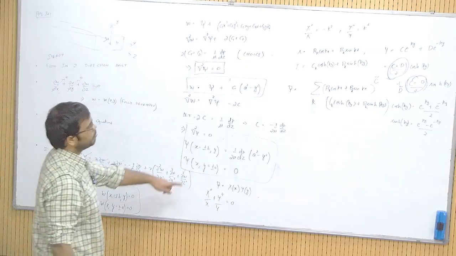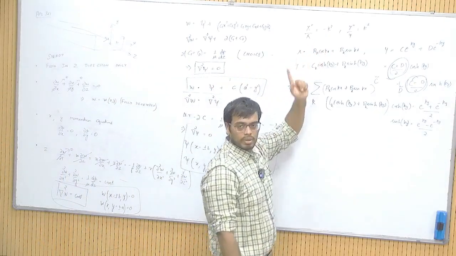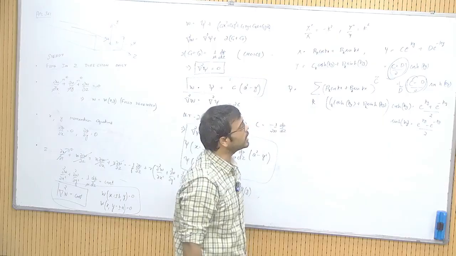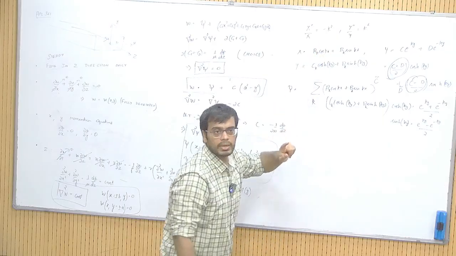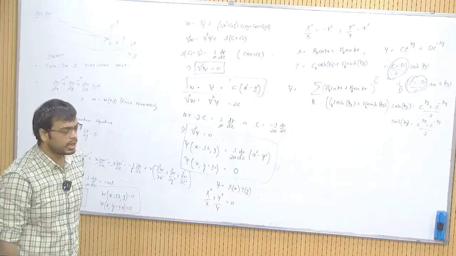There is also a possibility when this k is 0. Okay. There is also a possibility when the k is 0. So, in that case you will get linear solutions in x and y, and you can,